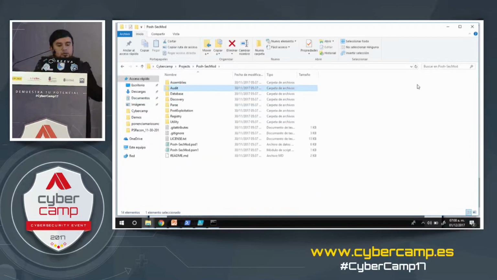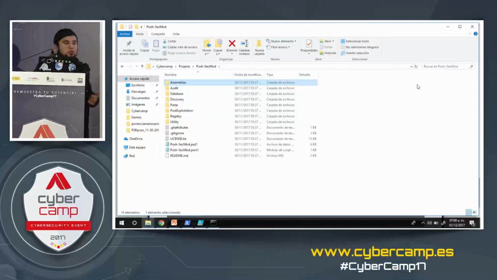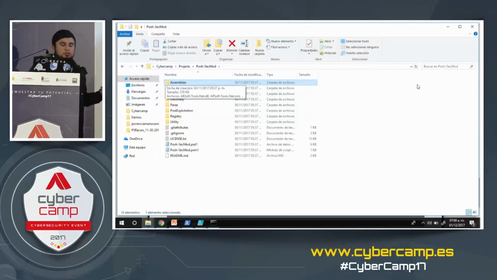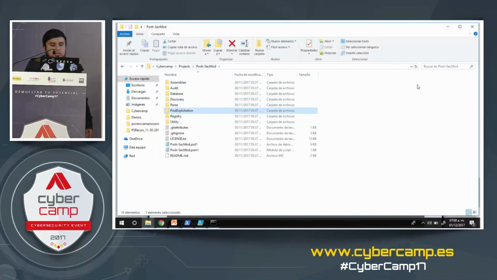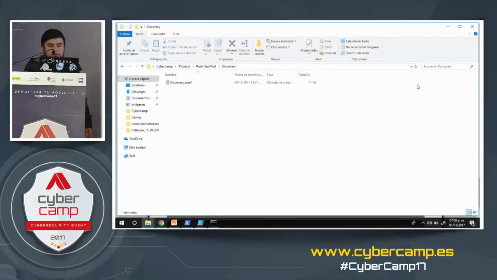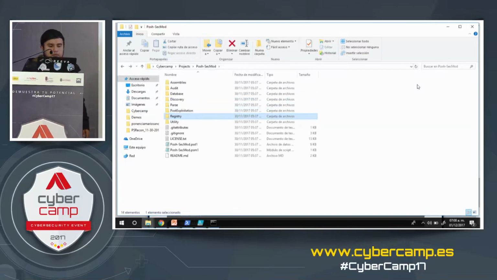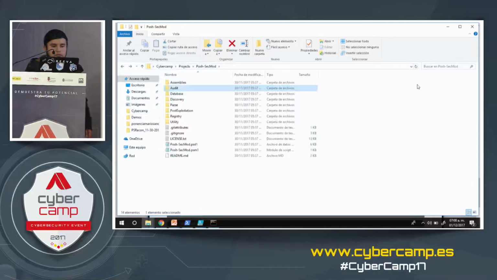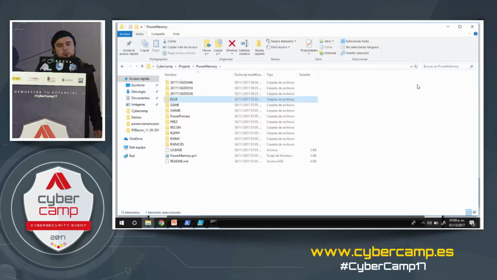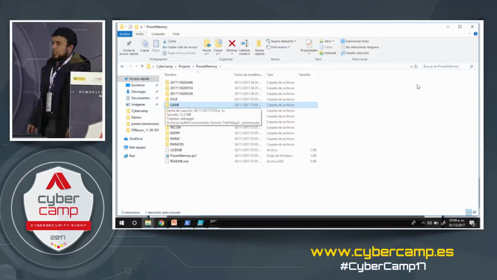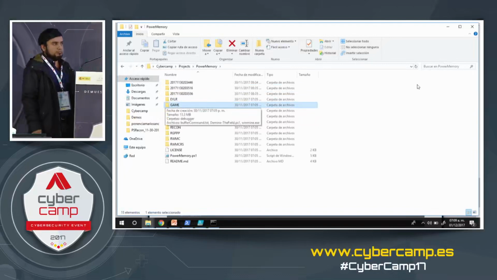Another great tool is WasherMod. It can be imported as a module with all its functionalities, or we can use part of the tools. I'm going to show you a small demonstration of one of the functionalities. Do we have PowerMemory? Yes, we have PowerMemory. This is an